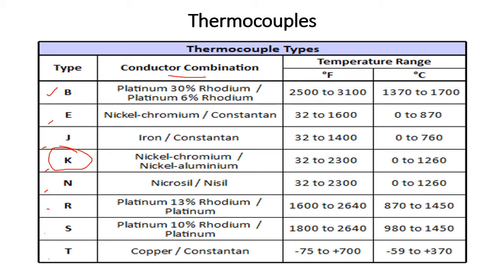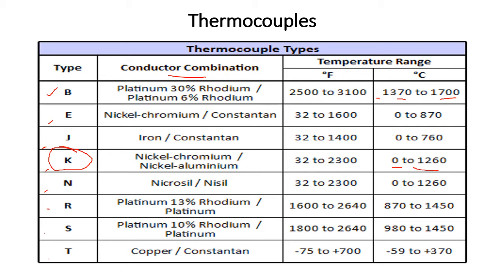You can see that the B type is generally used between the temperature of 1300 to 1700. However, as I said in the last slide, K is generally used between 0 to 1260 degrees centigrade, and at 1400 it melts. So if there is a process parameter in the industry where the temperature is typically 1600 degrees centigrade, then you understand that you have to choose the B type of thermocouple. Similarly, for R, S and T, you can see the temperature ranges on this side.